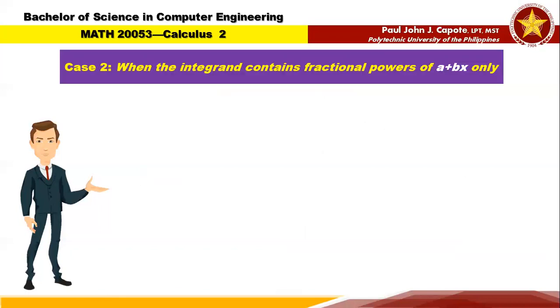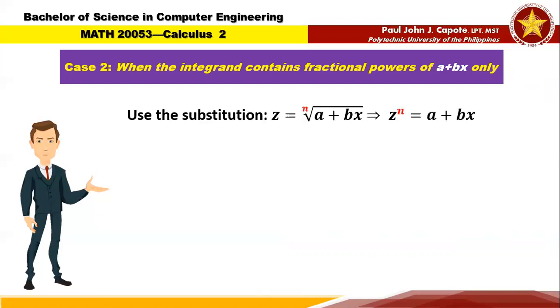Let's have case number 2. Case number 2 is applicable when the integrand contains fractional powers of a plus bx only. If our integrand contains fractional powers of a plus bx, then we use the substitution z is equal to the nth root of a plus bx, which implies that z raised to the power of n is equal to a plus bx,